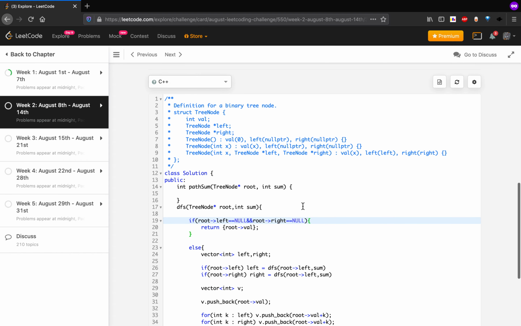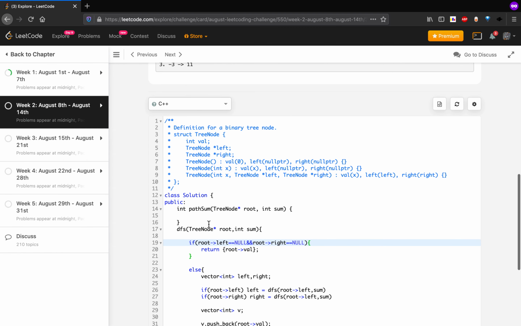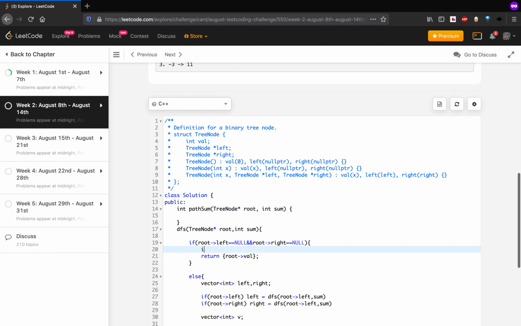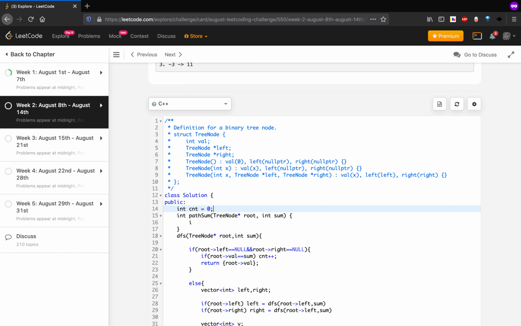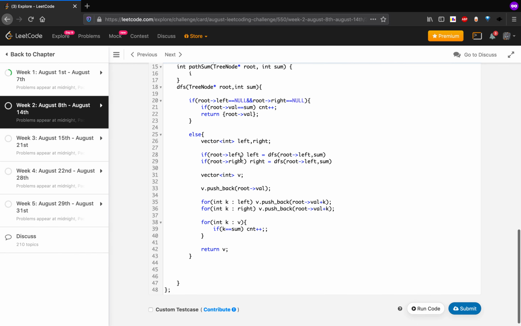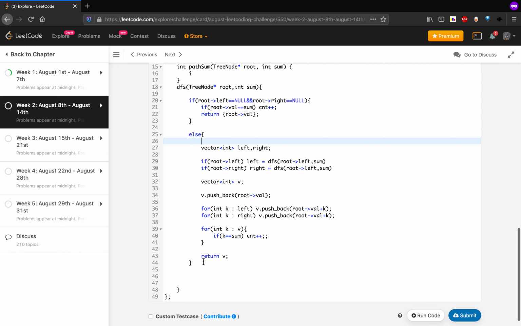So we have to check here also that if root val equals sum, then we do a count plus plus. Okay, so we can declare some count variable here, and I guess that's it.